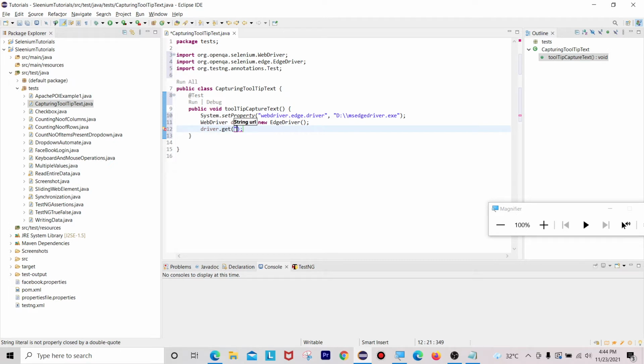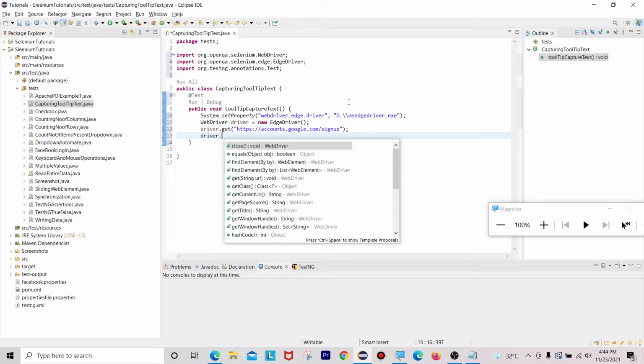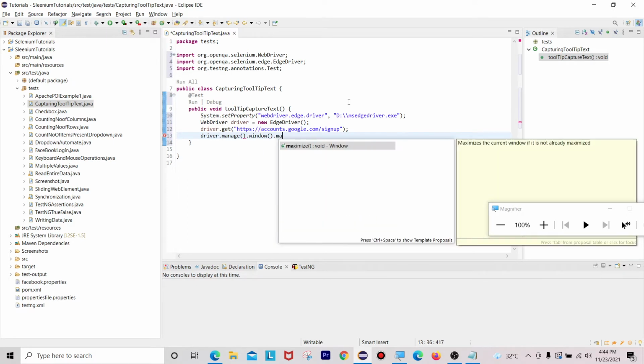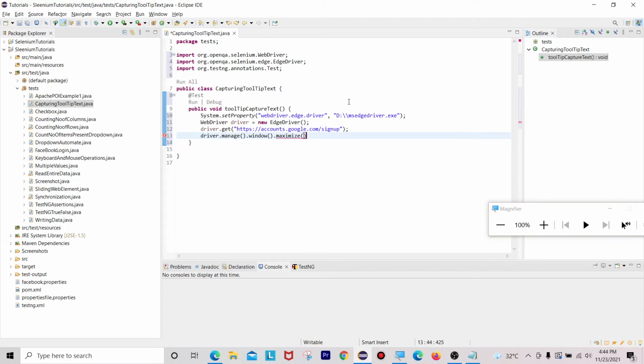So here https, what is that site name called, accounts.google.com/signup. Okay, /signup. Closing that double quotes. Once it is done, now I want to maximize the current browser. For that, I can use the driver.manage().window().maximize() method to maximize our current browser.